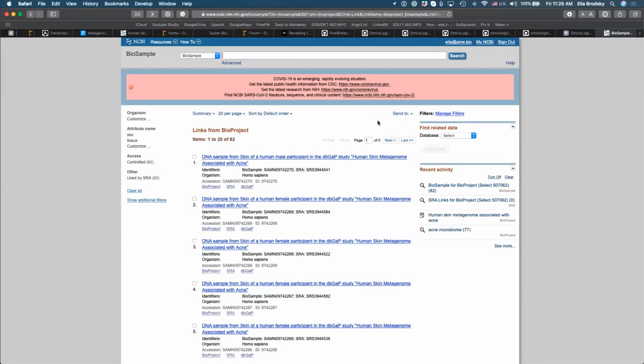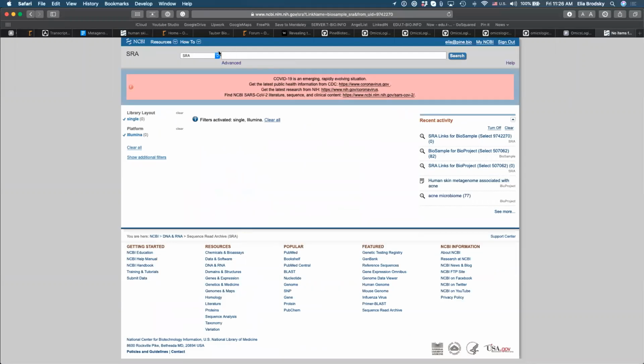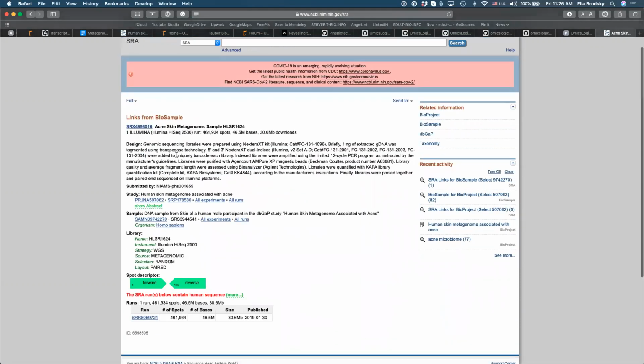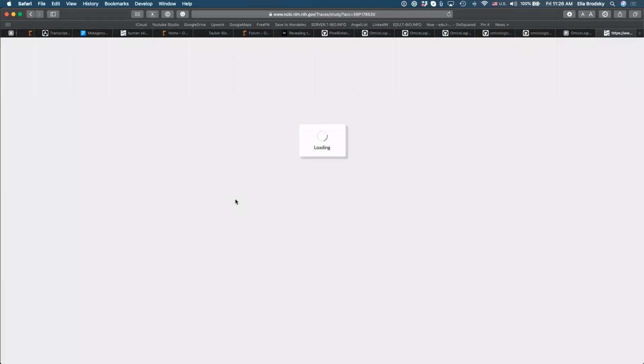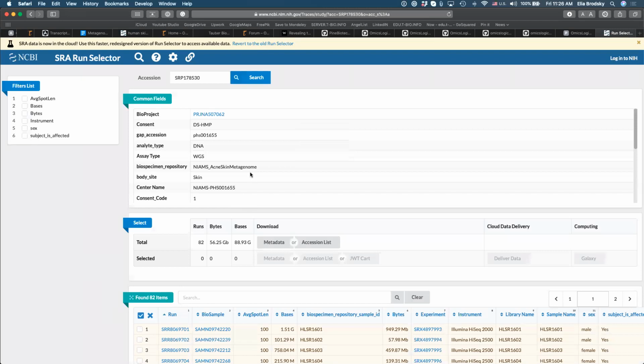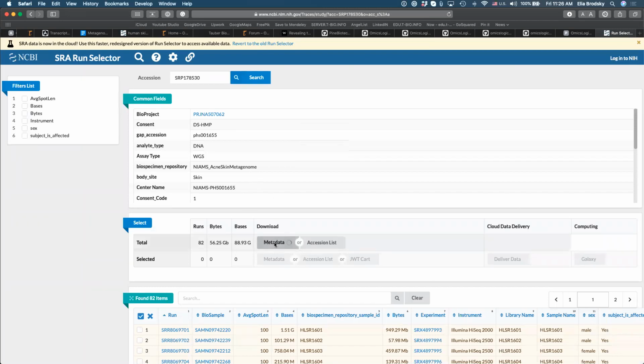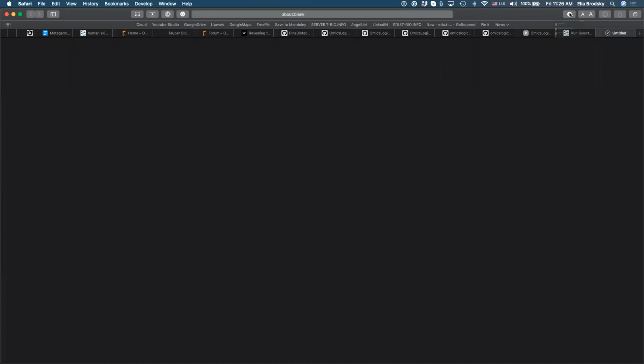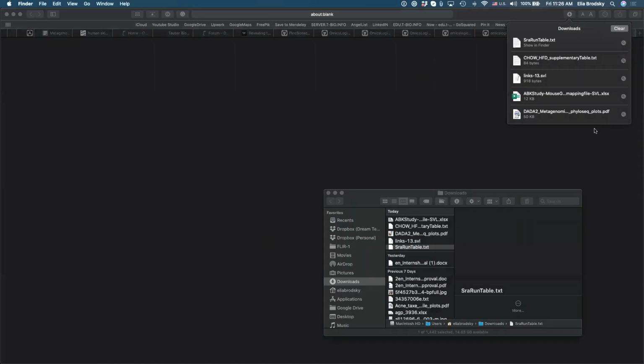But once you find this data set, you can go to the SRA. And from this place, you have to download the metadata to start selecting the specific samples that you would like to compare.